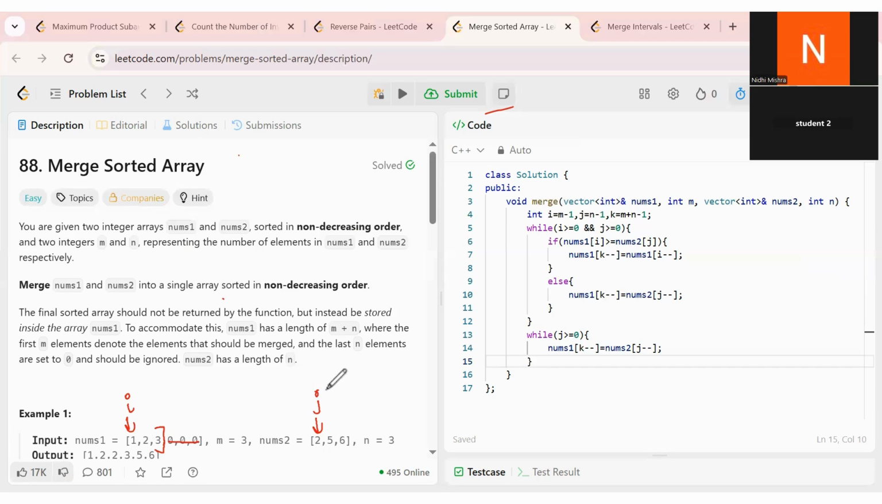Now the lesser elements will come into nums. 1 is less than 2, no swap. Next, here it will be equal, no swap. Now here there will be a swap. So this will be 2 and this will be 3. And j will be incremented, and when i increases,